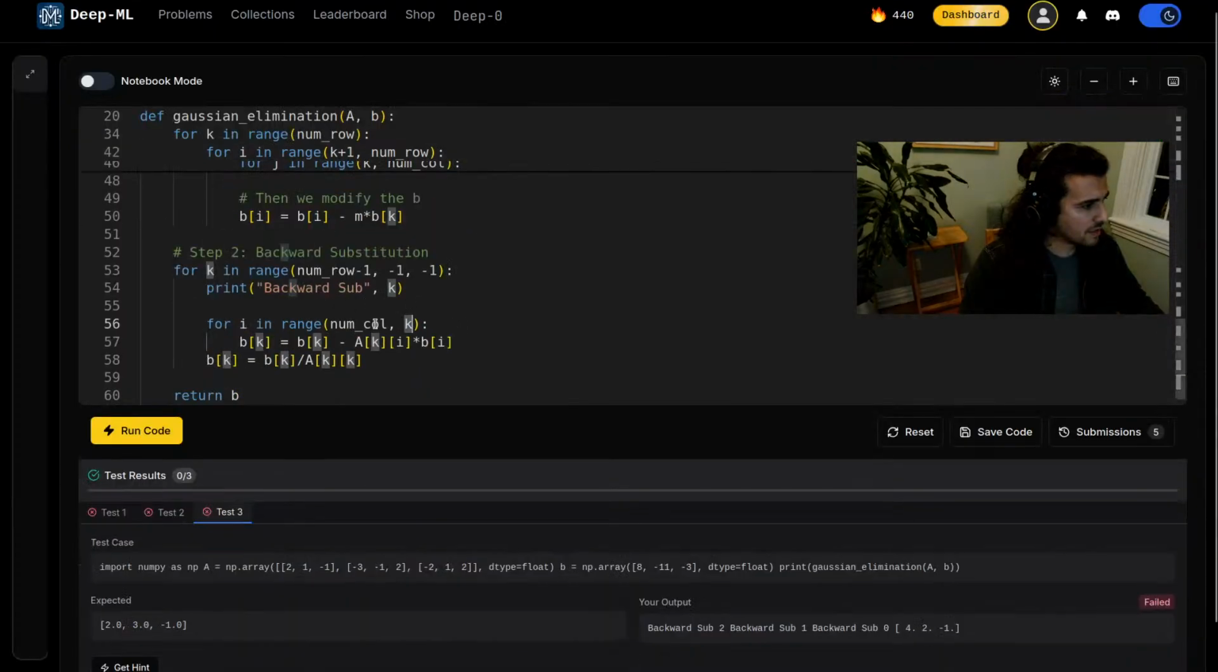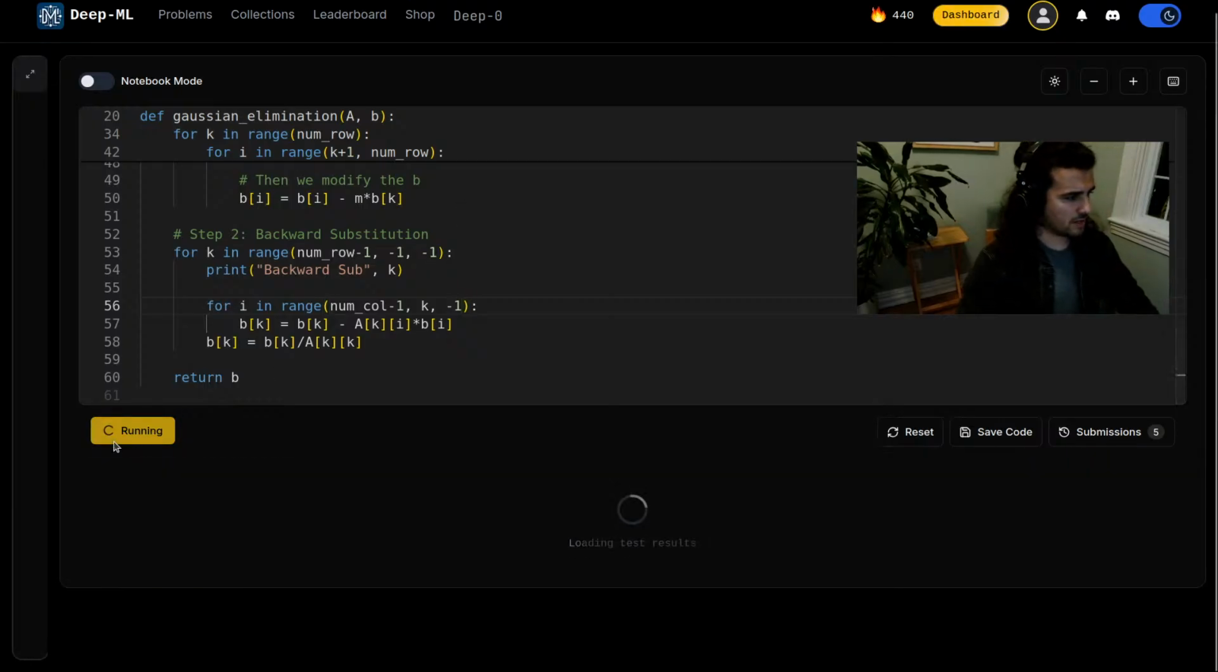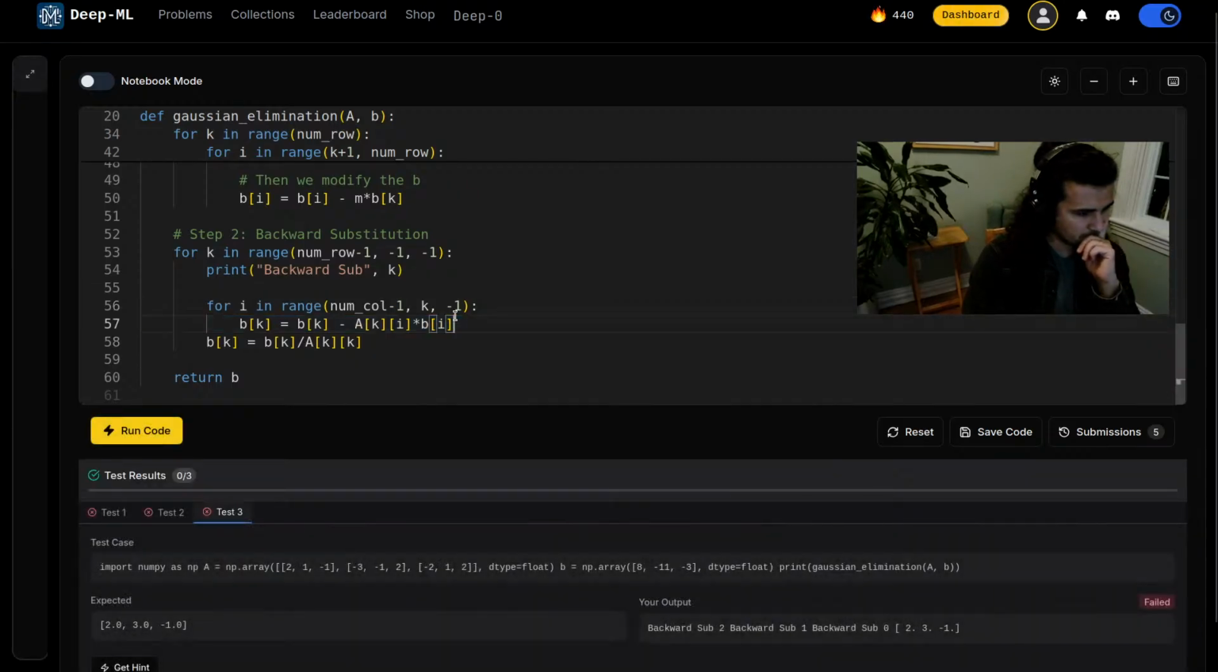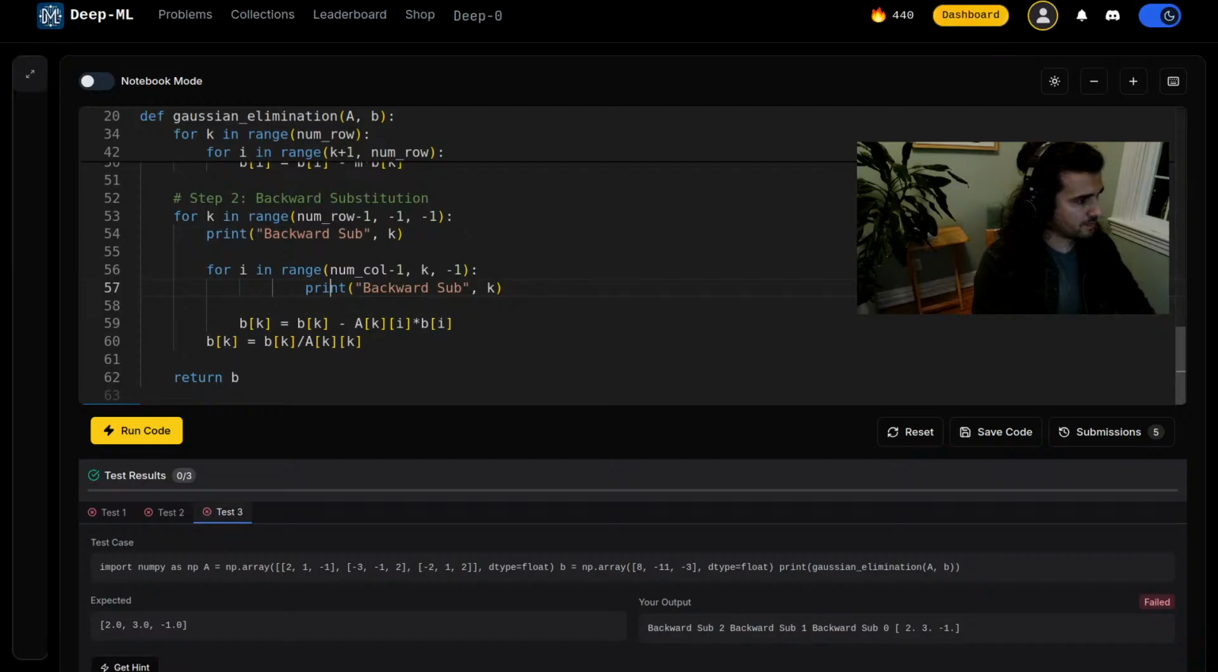Right, I have to do the same thing. I have to do num of column -1 until we hit K, non-inclusive. Right. Otherwise we're not gonna do that. Okay, well that's good. So here we have that, and then we have here